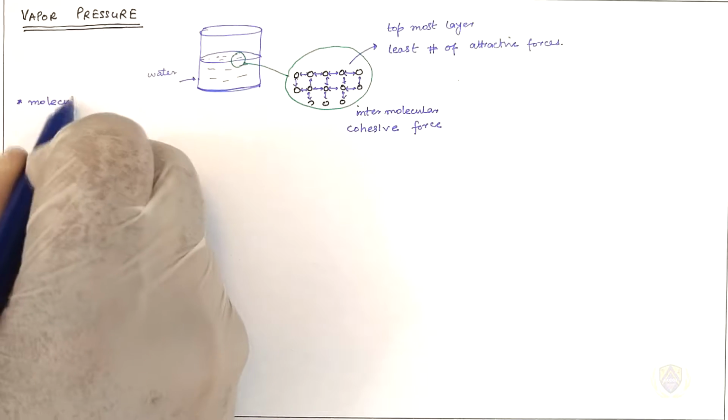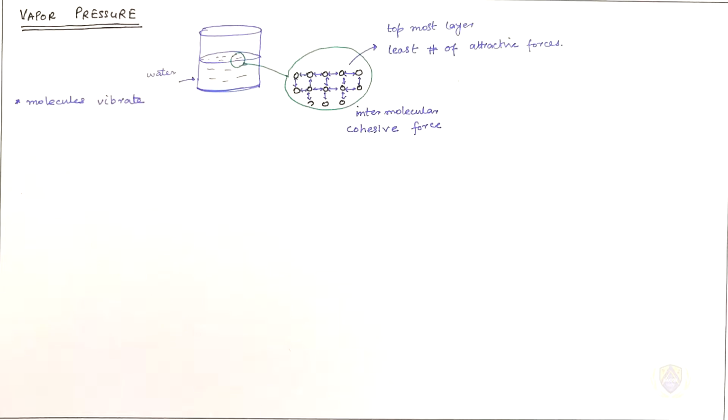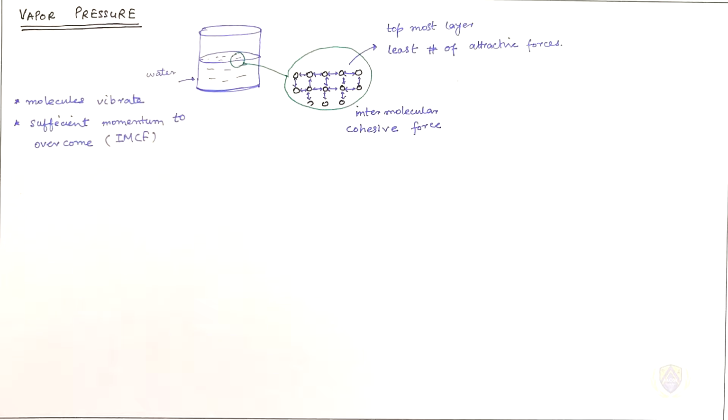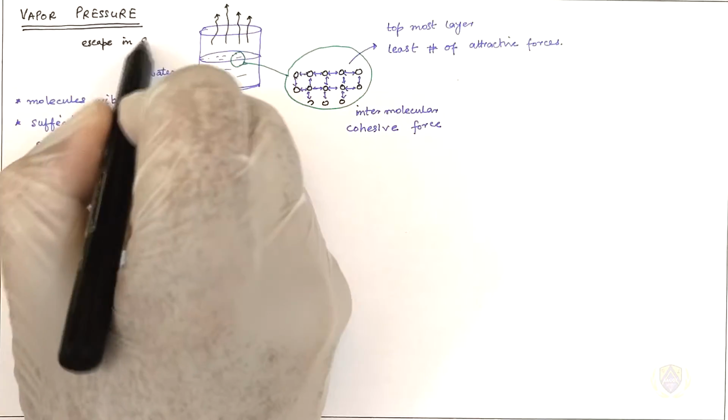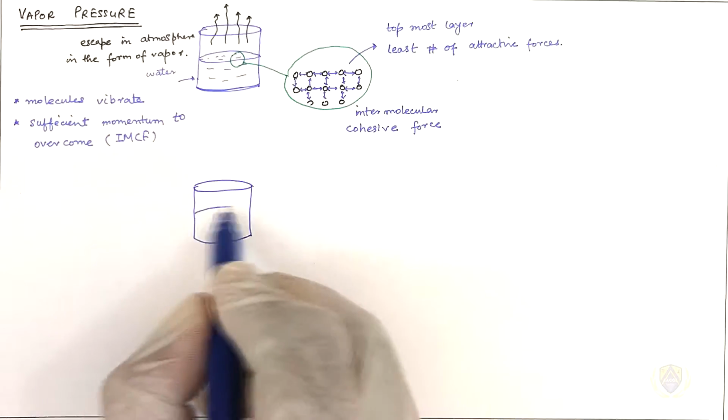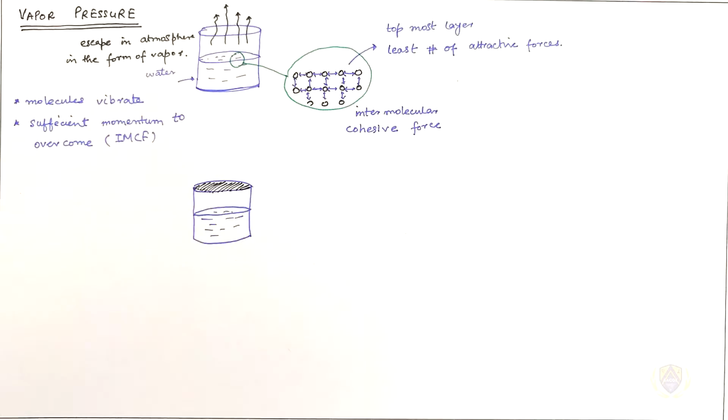We know that molecules vibrate about their mean position. Thus, sufficient momentum to overcome the intermolecular cohesive force will allow them to escape into the atmosphere in the form of vapors. Consider a container isolated from the atmosphere with a fixed lid, and air is vacuumed out, such